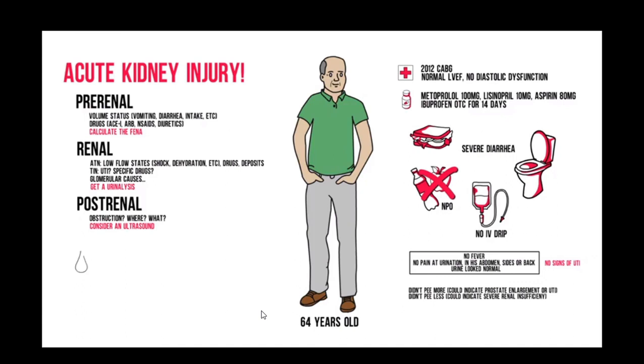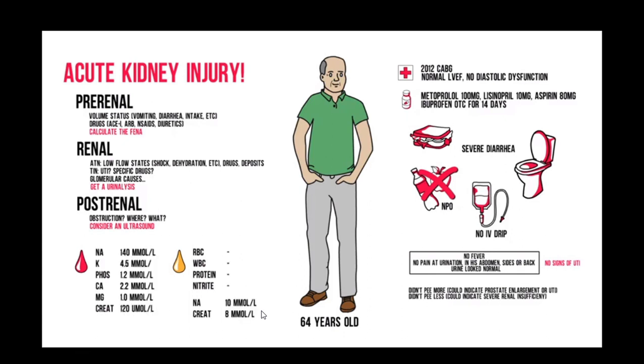The labs you need are the following. Serum creatinine and sodium for the fractional excretion of sodium. You don't really need urea since he's not on diuretics. You'll need all the other electrolytes, especially potassium and phosphate, to check for possible complications. If renal clearance decreases, you could get serious hyperkalemia. You also need a urine sample for the urinalysis. You'll want to know if there are red and white blood cells, nitrite, protein, etc. And you need a sample of urine creatinine and sodium for the fractional excretion.